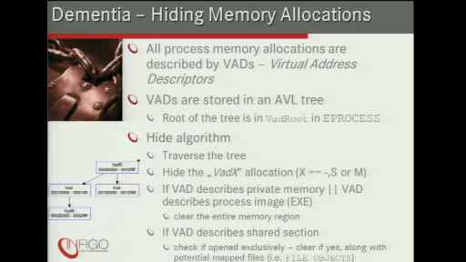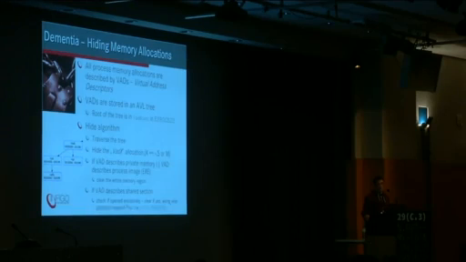If it describes some shared memory, for example DLLs and some other files, I first check whether this shared memory is mapped or used only by my target process. If it is, I delete it as well as the object itself. So the file object, for example the DLL, is also deleted. If it's not, I cannot do anything, so I just leave it be. I should have decremented the counters, but no memory analysis application checks for these counters, and it's really safe not to do so. But memory allocation hiding is relatively simple.